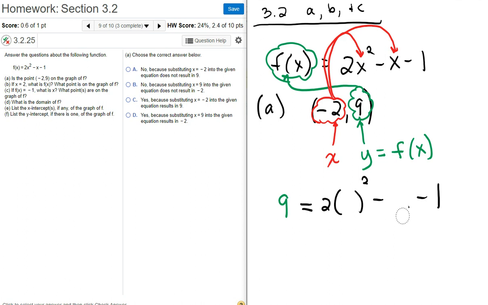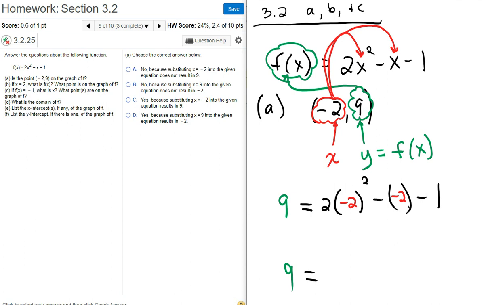Oops, sorry, I have to put a parenthesis there. So I'm going to put a -2 here and a -2 there. And now the left side is just 9. There's no math over there. On the right side, I'm going to have to do the math to see if I get 9